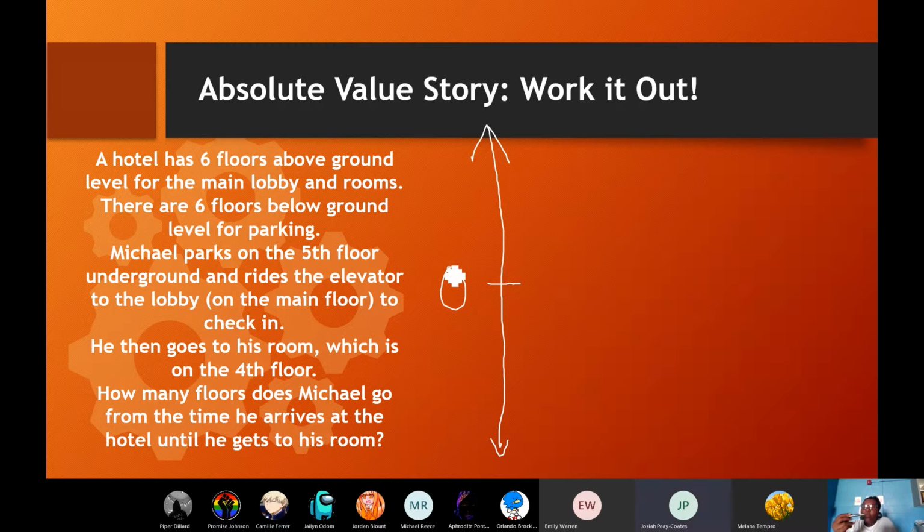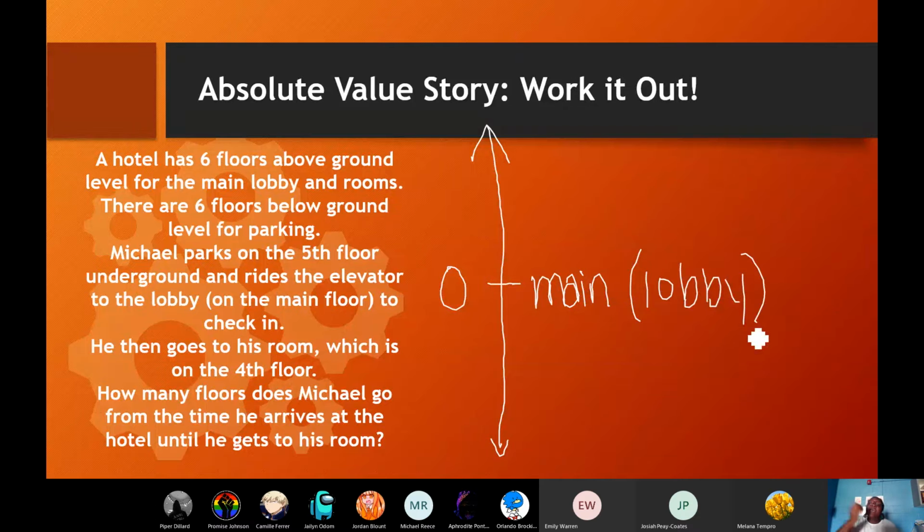Main floor. The main floor, that lobby. Very good. And so I'm going to write lobby beside that 0. You should too. This is going to help us to explain our reasoning at the end when we finish creating our story